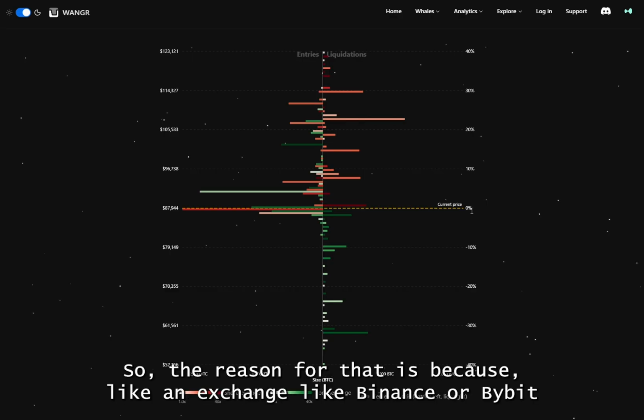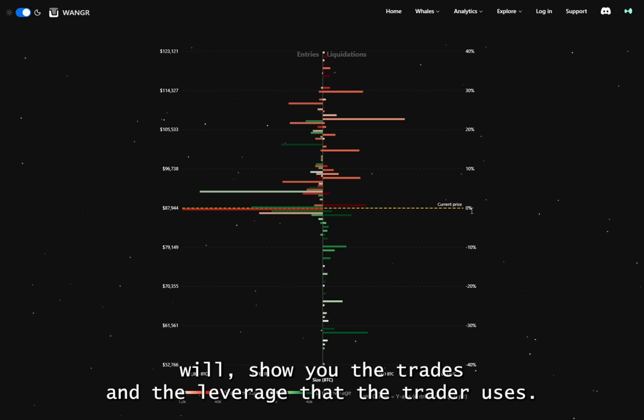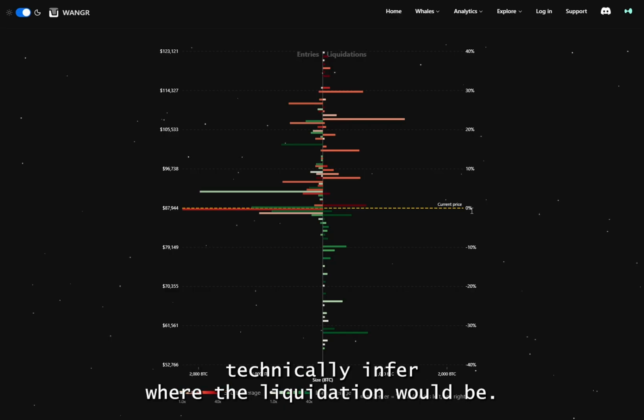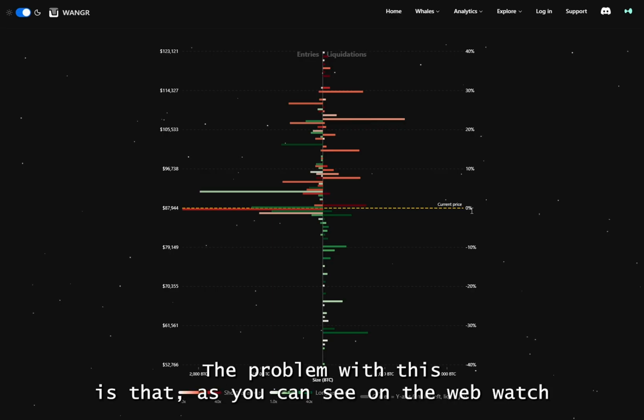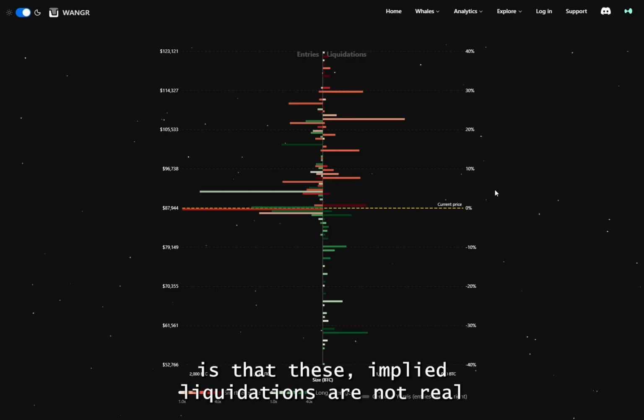The reason for that is because an exchange like Binance or Bybit will show you the trades and the leverage that the trader uses, and with that you could technically infer where the liquidation would be. The problem with this is, as you can see on the Whale Watch and on the other details pages that I have on Wenger, that these